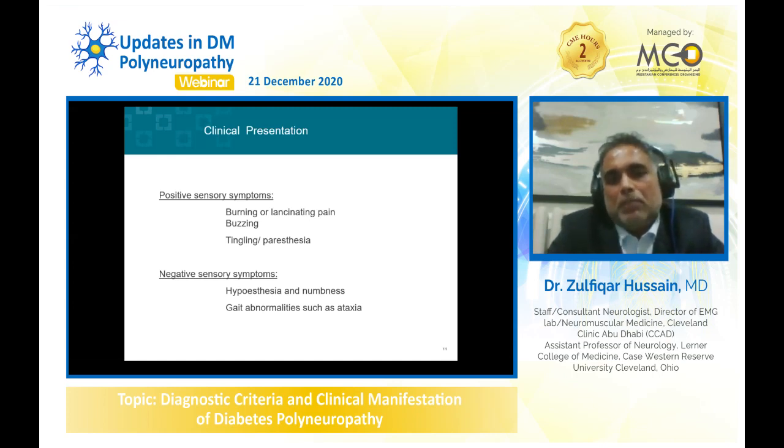The most common symptom in the clinical presentation in diabetic patients is pain. It has been shown that pain is a symptom in close to 30 to 35% of patients with diabetic peripheral neuropathy. And the reason for that is